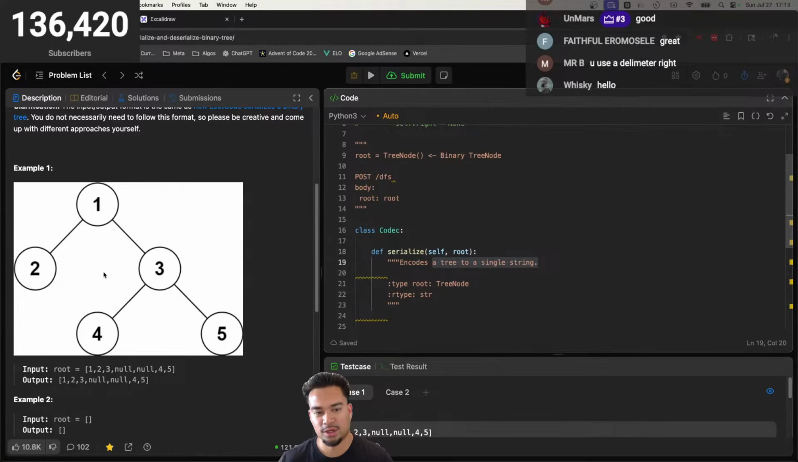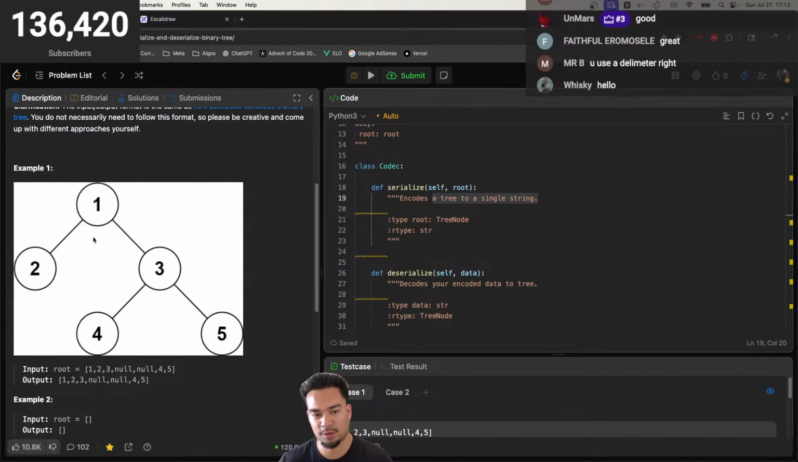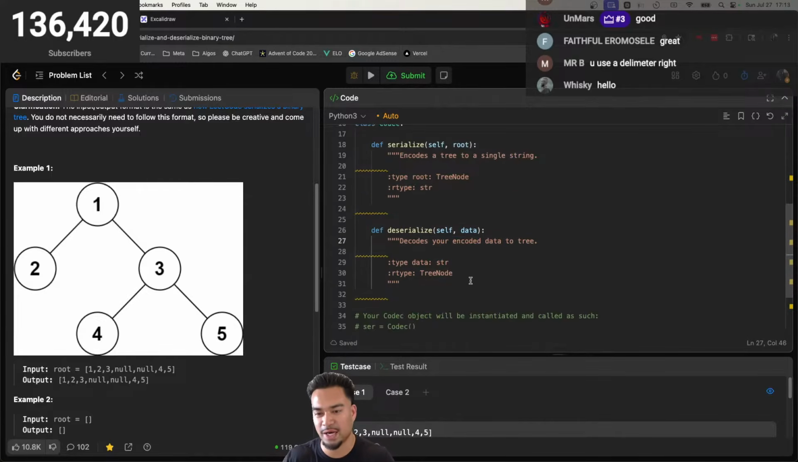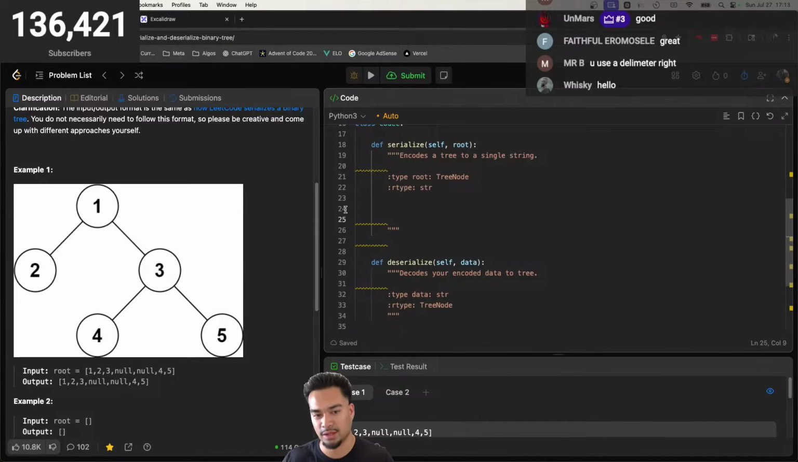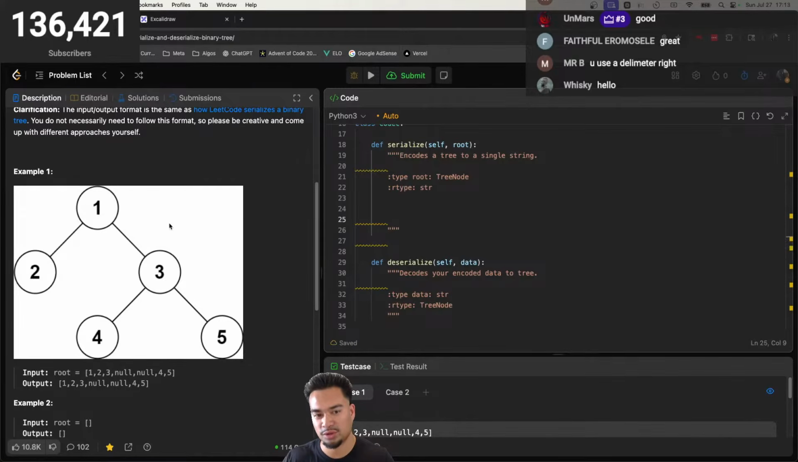So how's this going to work? We have 1, 2, 3, 4, 5. Basically we need to turn it into a string, and then here we need to decode it and turn it back into a tree. So we just need to put it into some format where we can deserialize it. Let me think. Well, if we're given the root,